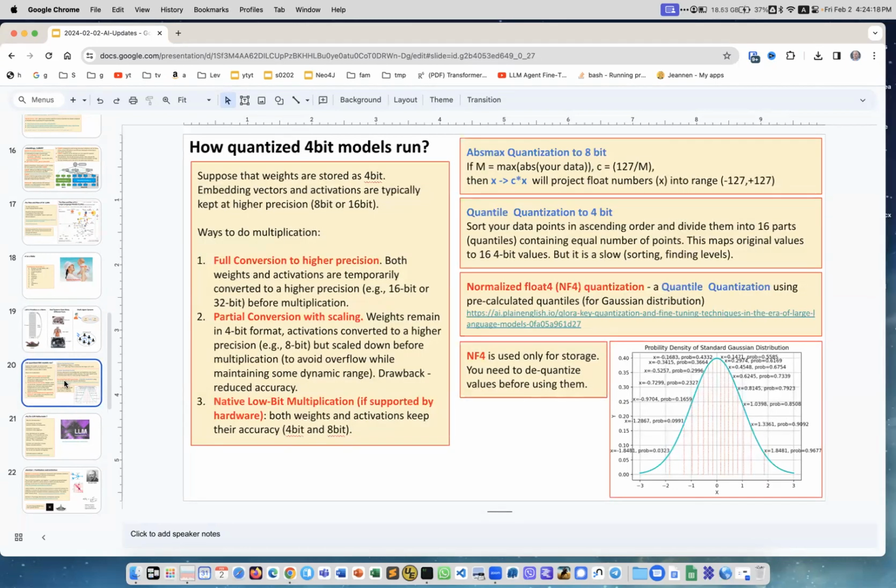How do quantized 4-bit models run? So you know that the models are big, like let's say Llama is, well, 70 billion parameters. Each parameter is 2 bytes, so we're talking about 140 gigabytes. So you need at least two 80 gigabyte video cards to run it. So it's expensive hardware. But you can quantize it down from 16-bit per number to 4-bit per number, and then suddenly it becomes much smaller and you can run it on a laptop. I mean, you still need a lot of memory, but